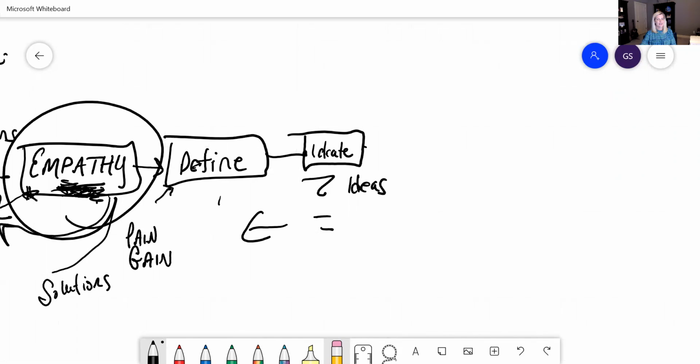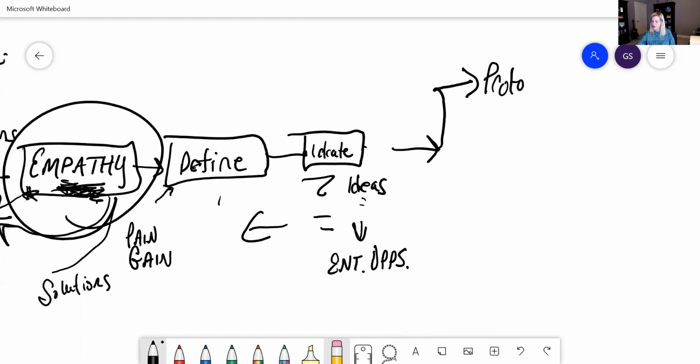Now we're going to list lots of ideas. And after we list these ideas, then we're going to go through and evaluate them to see which ones are actually entrepreneurial opportunities. Once we do that, then we can start to move further into the last two stages of design thinking. Now I'm going to put them up here. The last two stages are prototype